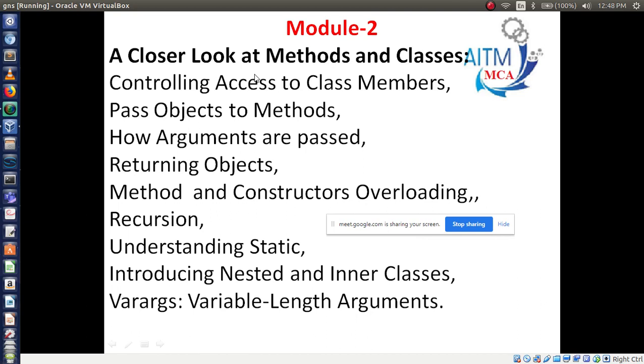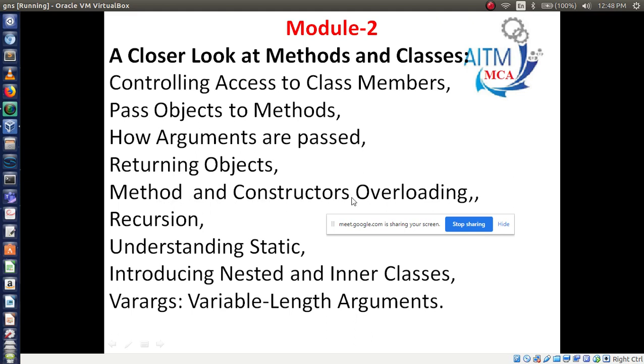First, how to access class members, how to pass objects to methods, and how arguments are passed. There are two types: call by value and call by reference. Then how to return objects. Then method and constructor overloading. This we have seen, right?